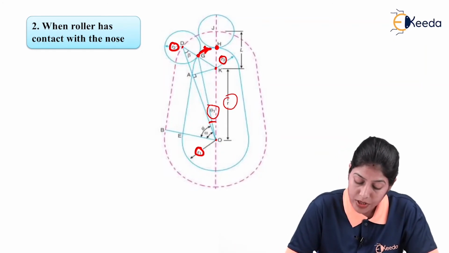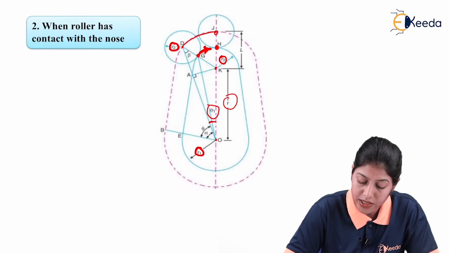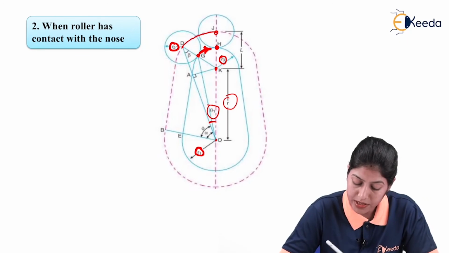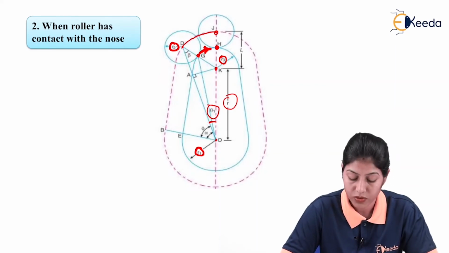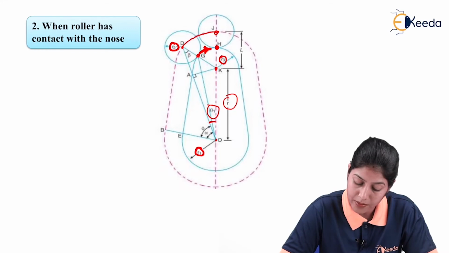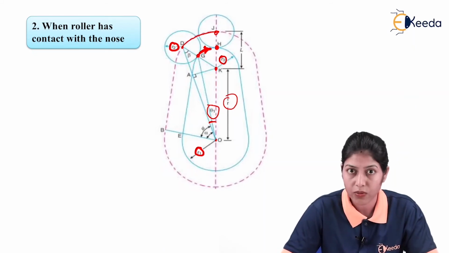So when this cam is rotating with angle theta 1, in that case this follower will change its position, or it will change its center from D to J, and the contact point is changing from G to H. But still the center of the nose and the center of the base circle will be constant. So here the center of the roller follower is changing from D to J, and the contact of the cam and the follower is changing from G to H because of this angle theta 1. So here we will do all the calculation on the basis of angle theta 1.